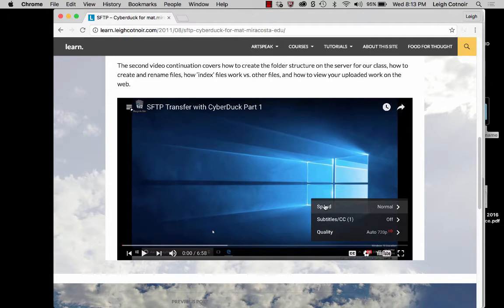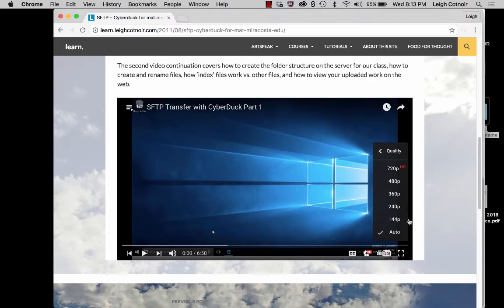So if you were to go over here to quality, one of the things you'll notice is that you can always adjust the quality. So if you're on a very slow connection and it's automatically trying to load at 720p, if for some reason YouTube doesn't negotiate your connection properly, you can try to get it at a much lower quality. If you can't really see it very well, I would say probably somewhere between 360 and 480p, depending on what it is that you're watching, are going to be the lowest that you're going to be able to actually make out details. But if you just need to listen to some of it, you can do it as low as